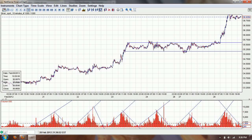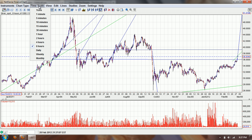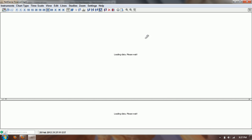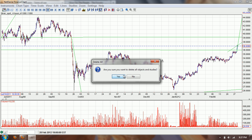So, yes, this spike is anomalous as it was during the Globex trading, and I'm going to pull you out farther to the chart I was at earlier, which is the 8-hour, that will show you. Actually, I want to pull out to the daily. It's going to be the 4-hour, I'm sorry. So when we go to the 4-hour, we get the clearest indication